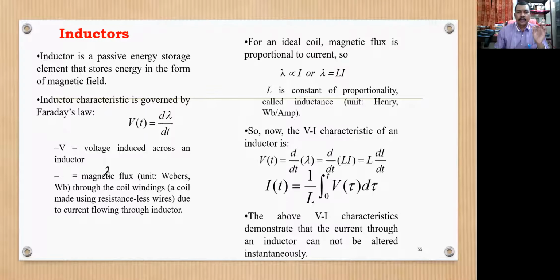So this is the inductor. This is the introduction of an inductor. Now if we talk about the inductor water analogy circuit, then you can see this is a flywheel which is connected to the current flow, and this is a turbo.